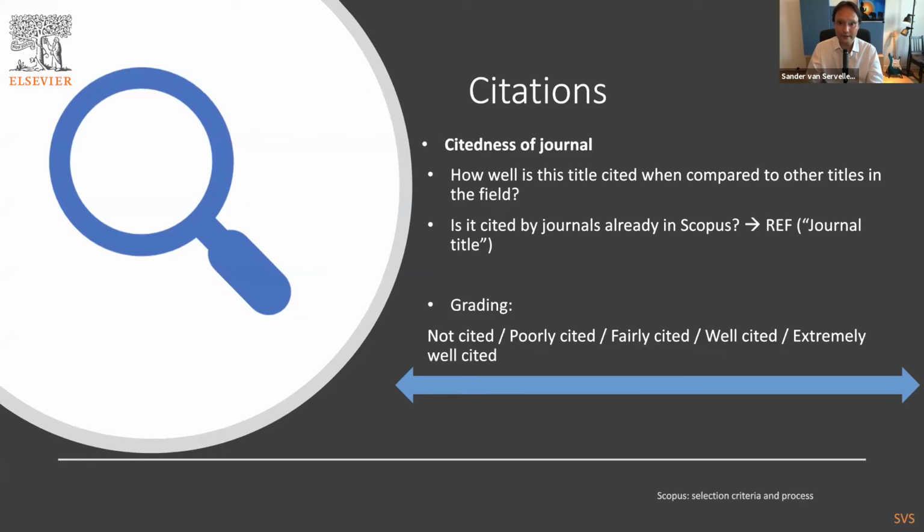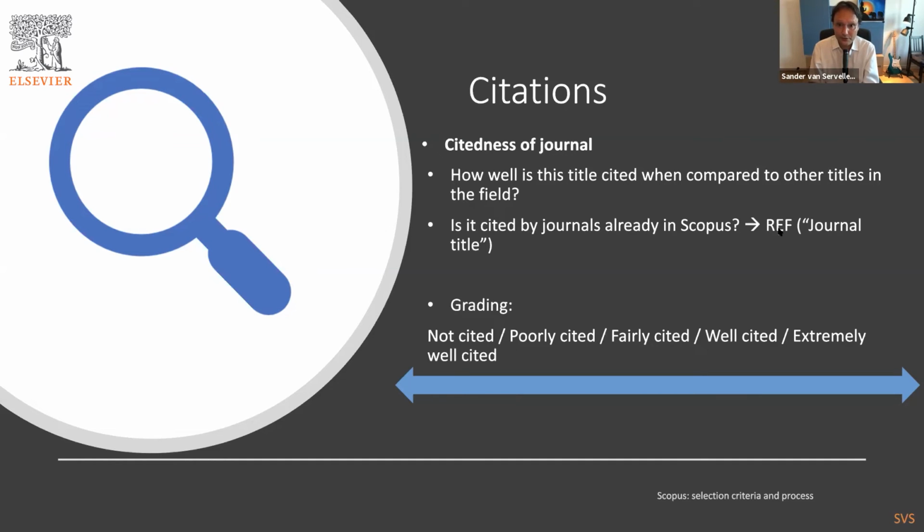But ultimately, the more citations that the journal has from papers which are indexed in Scopus, then that's going to be a stronger, let's say, quantitative, objective